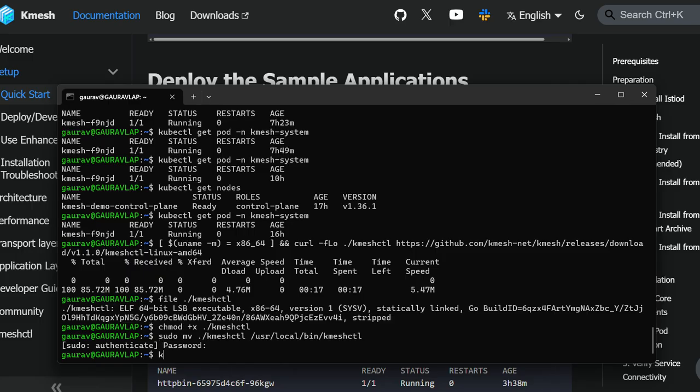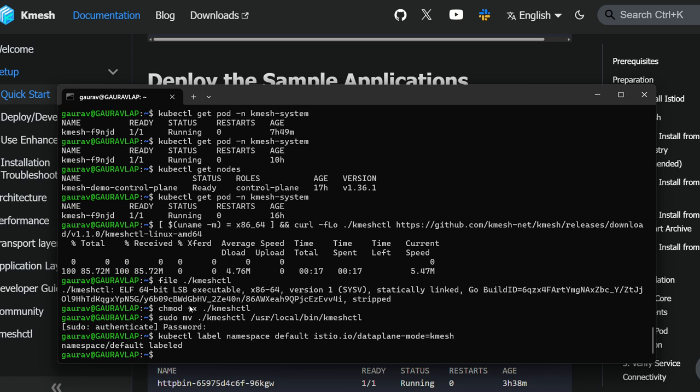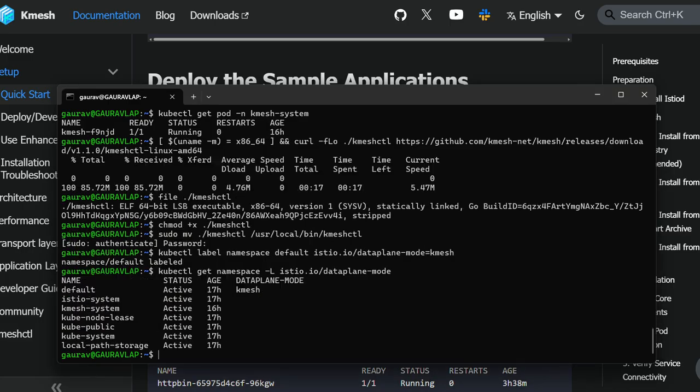With this, we opt the default namespace into the Kmesh data plane. So we have labeled it. Let's double check it with this command that gets the namespace.